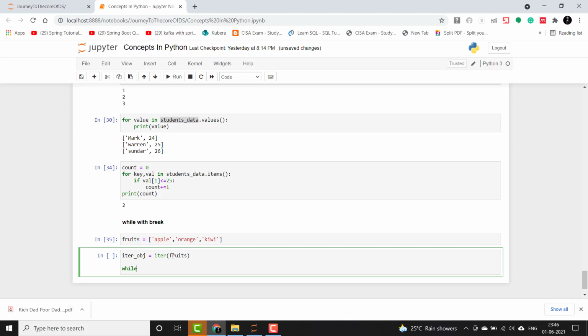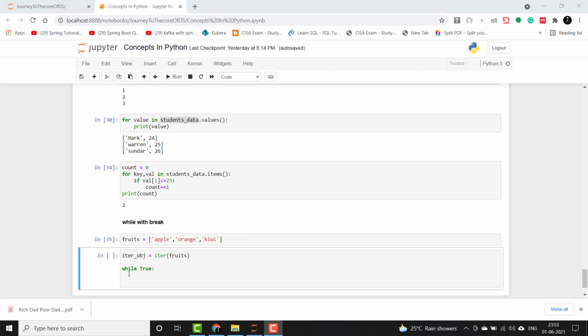So I'll create a while loop. Okay, this is just, you can say, a modification of for loop. So here I will be using while True, which is an infinite while loop, and we would require break statements to break out of it. So let's check how to do that. And I will be using try and except block also. So I'll tell you about try and except.